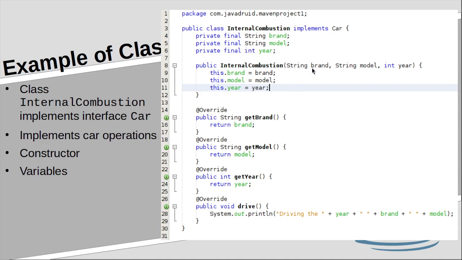Now this constructor receives these 3 variables, and you initialize them here. This is a very simple constructor. You could have more complex behavior in the constructor, depending on what you need.